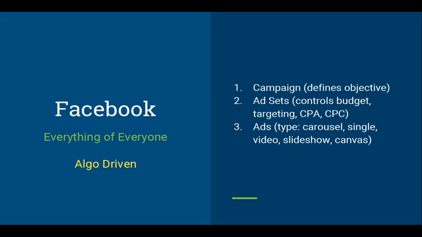But here also it's a pyramid structure that is followed by Facebook. So you start with the campaign, but here the campaign is like the ad group in AdWords. It is essentially just to bundle things together and put them into a superset, right? It by itself has no function, right? Because all the budgeting, optimization, targeting, etc., you do at an ad set level, not at a campaign level, right? So it's essentially only to bucket similar things together.